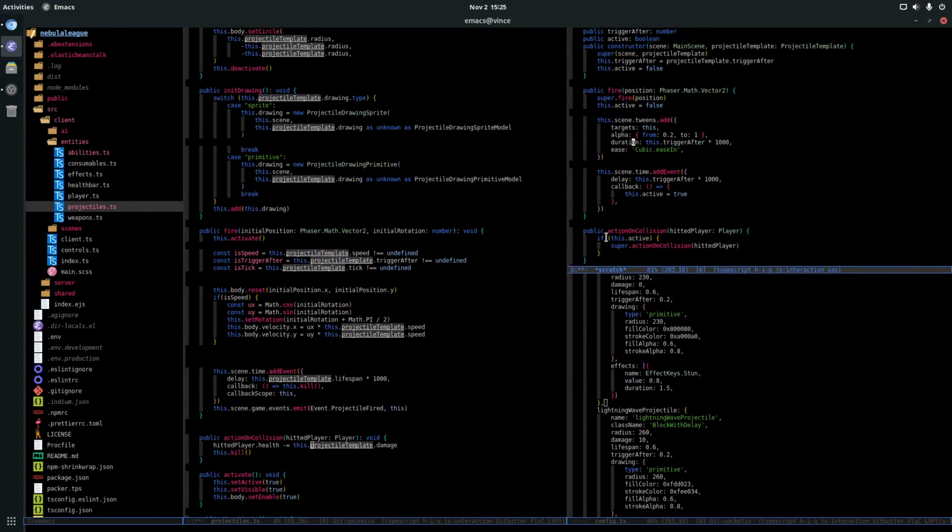Yeah, I'm triggering it, but it's not a delay of the spell trigger after. It's a delay of its spelling, but it's not active. The collision doesn't handle the collision. That's what it is. So I still need a boolean inside my bullet to see if it's active. The code is not that bad.